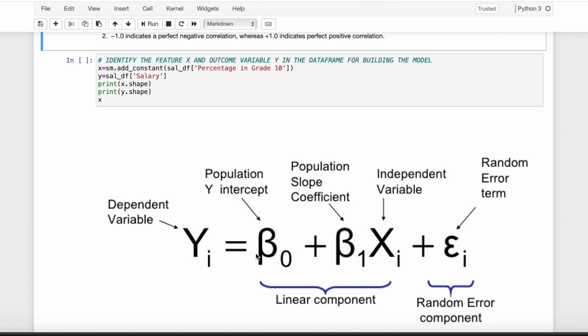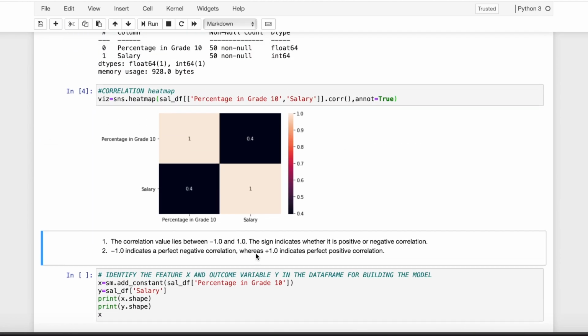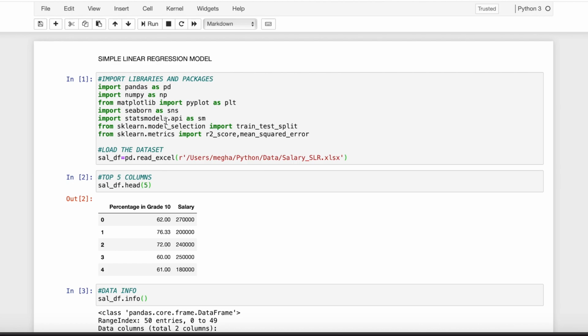Now for building a simple linear regression model, we will use the statsmodels library. For that, the OLS API in statsmodels.api is used for estimation of parameters for the simple linear regression model, which we have already imported, as you can see here: import statsmodels.api as sm.